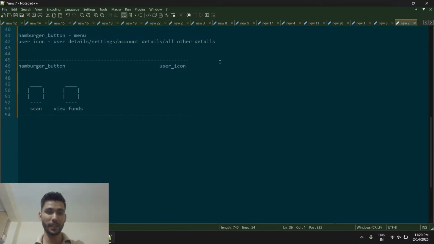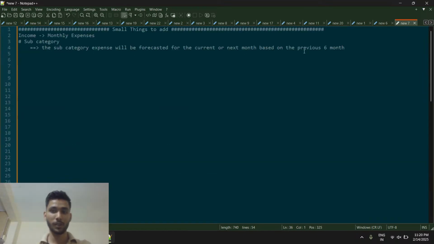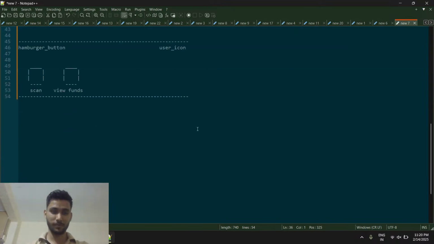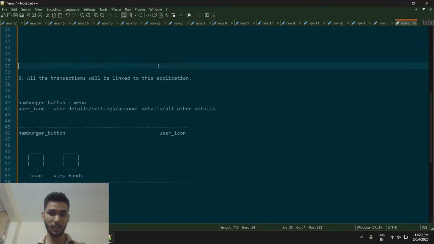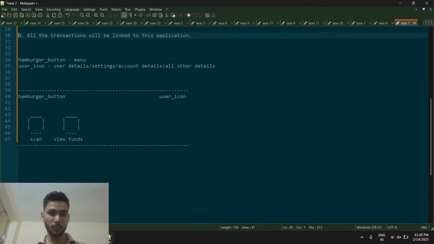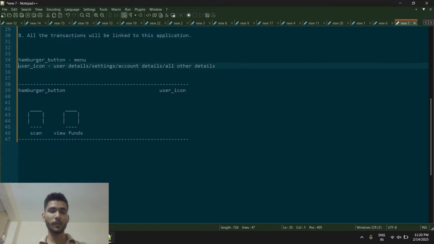So as not to get distracted from the above, whatever this is, just add it here. Keep the wireframe here. You have the view funds. What about the next? Next in this screen can be